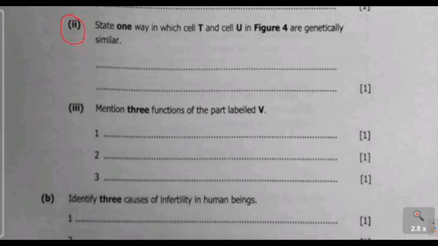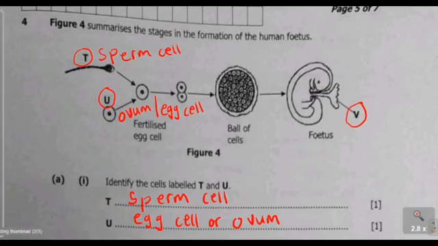Question 2 reads, state one way in which cell T and cell U in figure 4 are genetically similar. So they want us to identify in what way cell T and cell U are genetically what? Similar. So a sperm cell and the ovum or the egg cell are genetically similar in the sense that when a male produces the sperm cell, once it fertilizes the egg cell, the egg is going to contain 46 what? Chromosomes. Okay, it's going to contain 46 chromosomes, meaning that